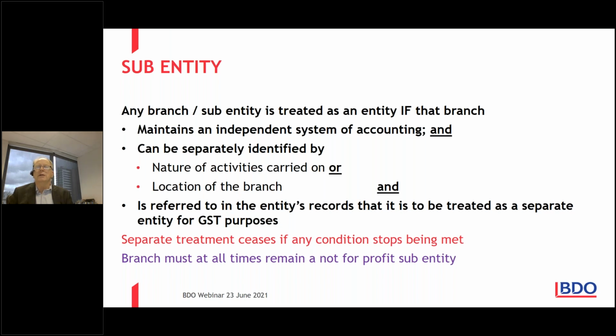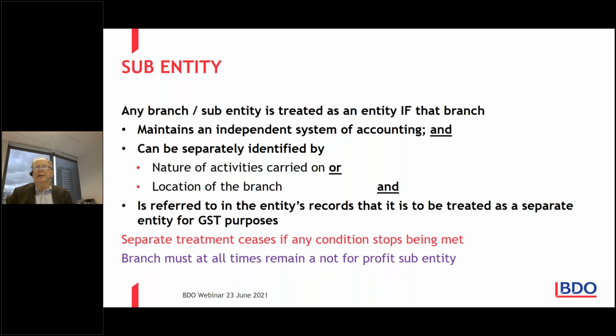Now, I would suggest that as part of that independent system of accounting, critical to that, fundamental to that, is to have a separate bank account, so that it lives separately to the main entity. So you have a separate account that feeds into that separate file, and then you can say, well, it has that. And if we go back to the kindergarten example where you have the fete or something similar that is going to be run as a separate sub-entity,